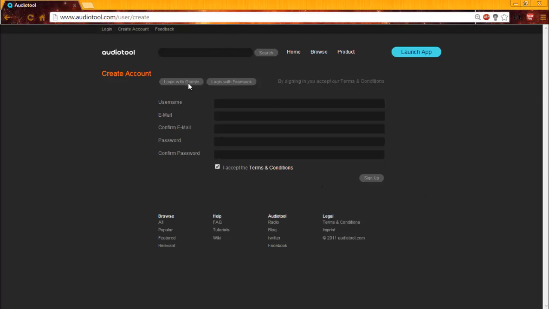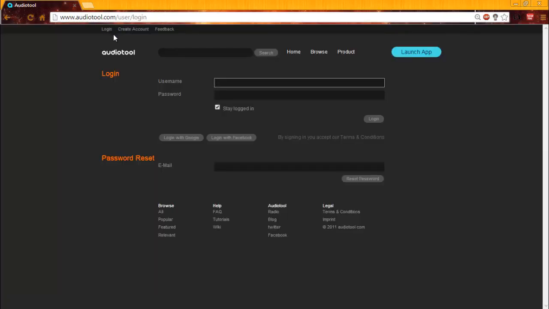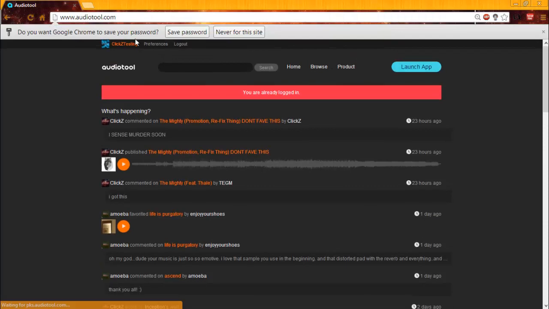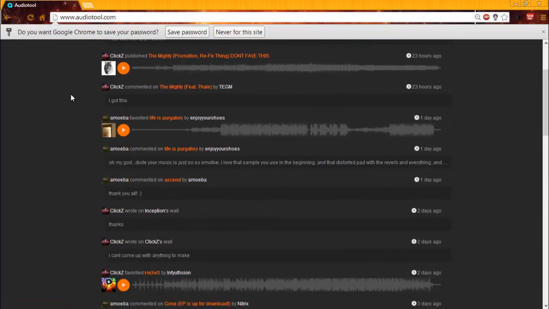Or, I'm not really sure if this works too well, but logging in with Facebook or Google works just as well. I'm going to go ahead and log in as my test account. I don't even know the password to my test account. There's the password to my test account.